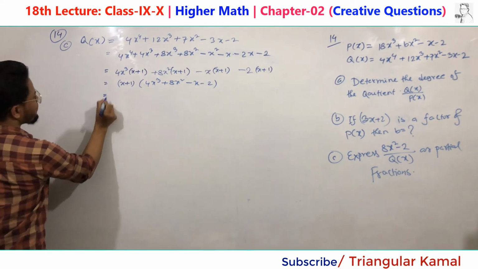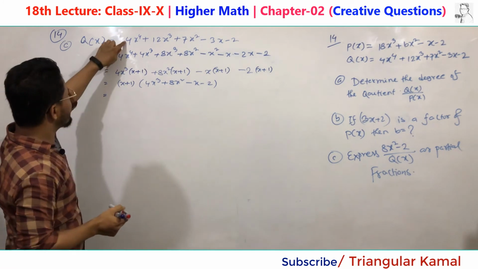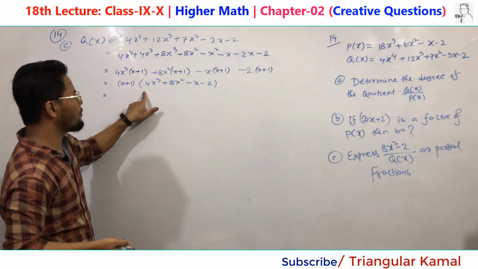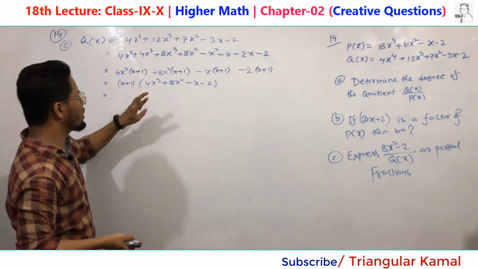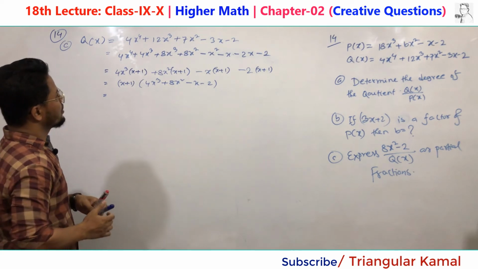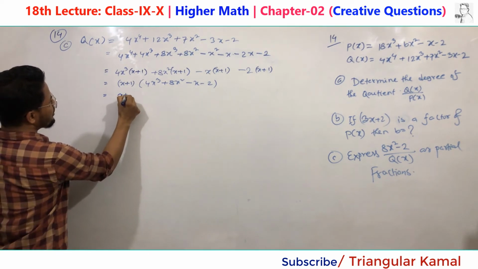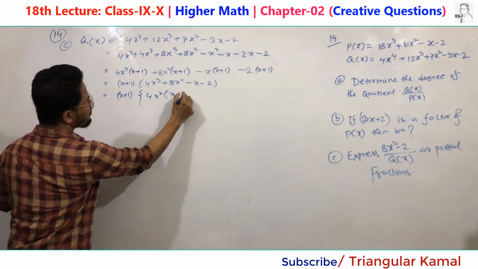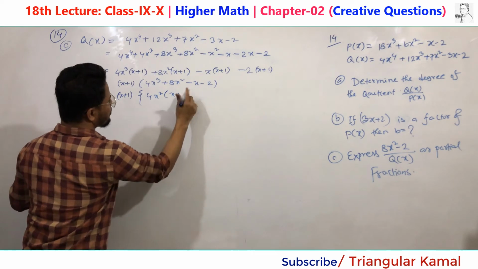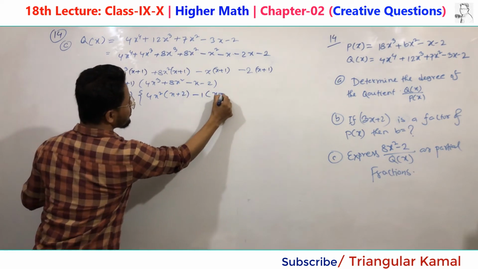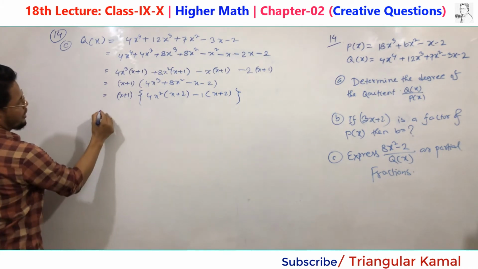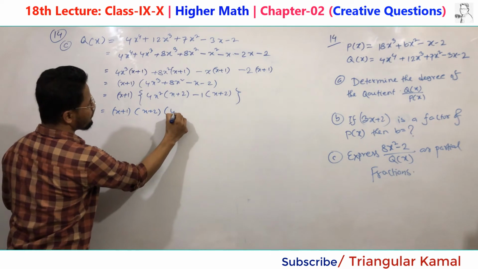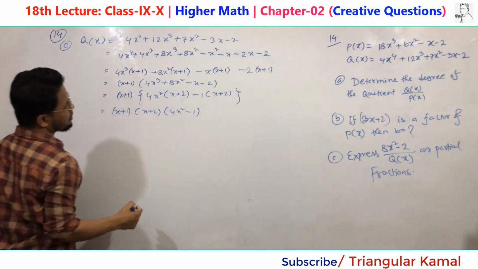Now give attention. This first one is divided into 2 factors. In the second one, we see the leading power is 3. So finally, if we do the calculation here, we will get the other 3 factors. So x plus 1 is 1. Just take 4x square common. So x plus 1, x plus 2. You see here minus 1 is common. So x plus 2 is common. And now x plus 1 is a common factor, x plus 2 another one, and 4x square minus 1.